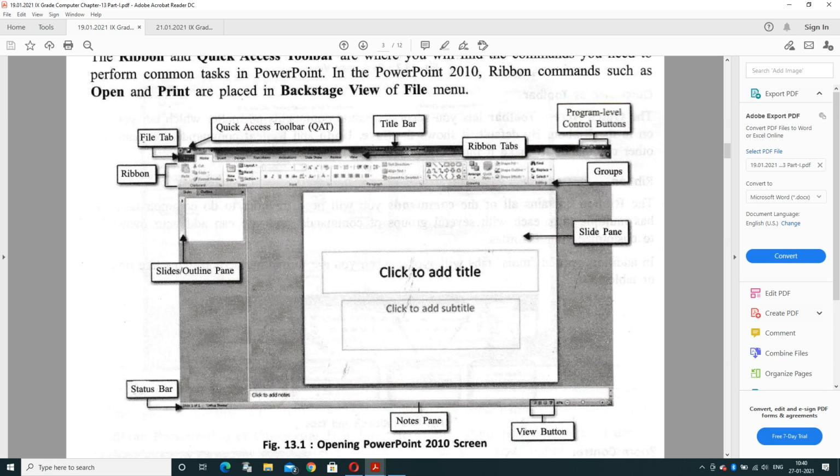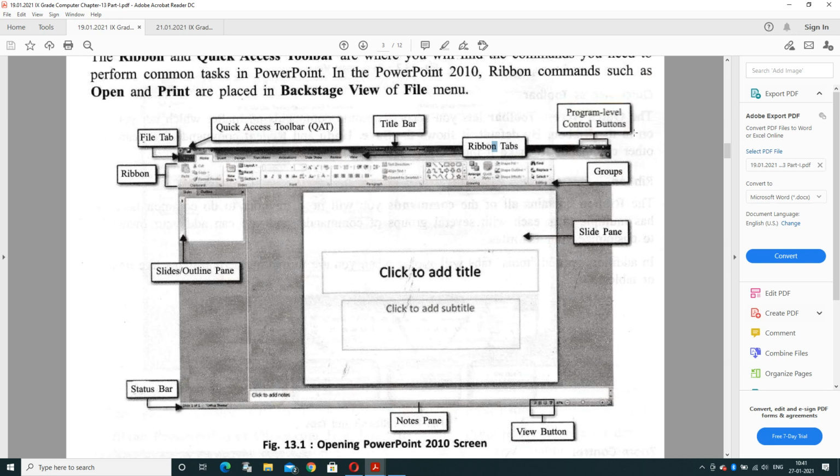And the title bar is the title of your document that you are giving or using at the time of saving your content, and by default it is Document 1. And this is the ribbon tab. Ribbon tab means a collection of all options that are under one tab. Like if we click on the Home tab, the options available in your ribbon window are known as the ribbon tab.